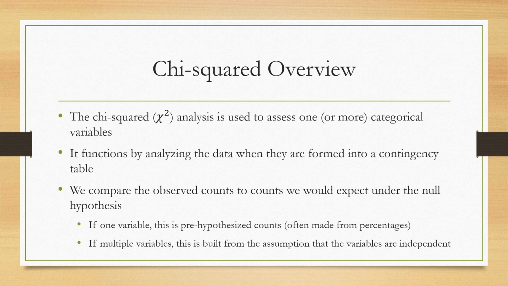Well, the mathematical way of saying that is that the hospitals are independent of the categorical outcome. That is, it doesn't matter which hospital you're at, the categorical outcome is going to be the same. Or it doesn't matter which category you are, the probability of being in either hospital is the same. So we're going to build the null hypothesis on the assumption that the variables are independent, and then test, is